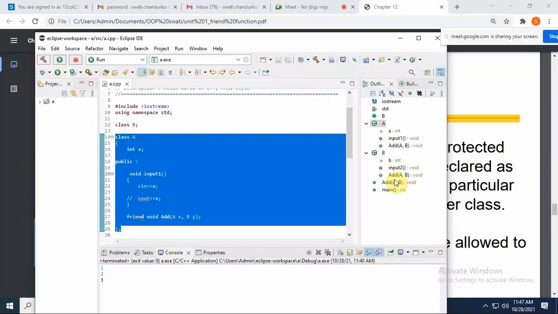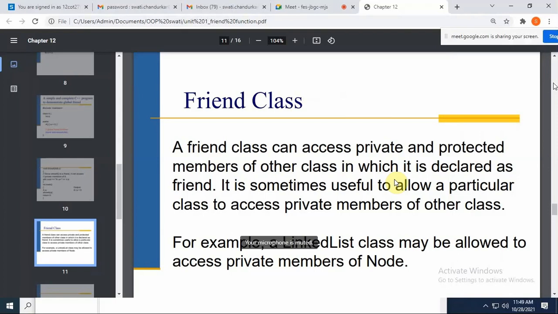So, when we are declaring any class and we are making another class a friend of that class, it can access the private and protected data of the class where I had defined the other class as a friend. You will understand it from the syntax.